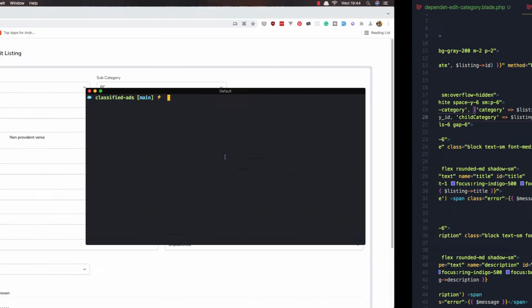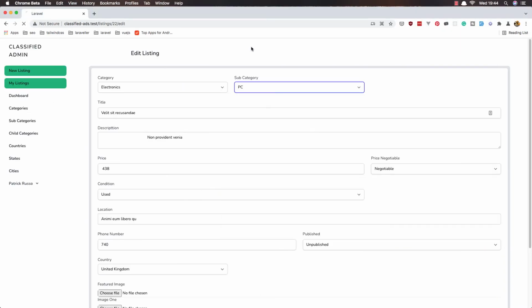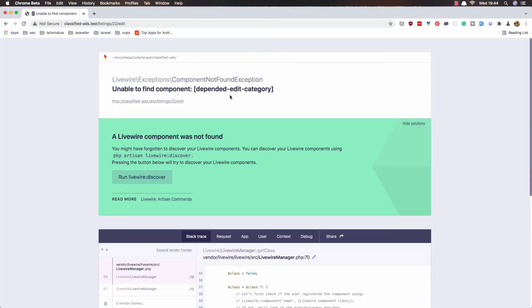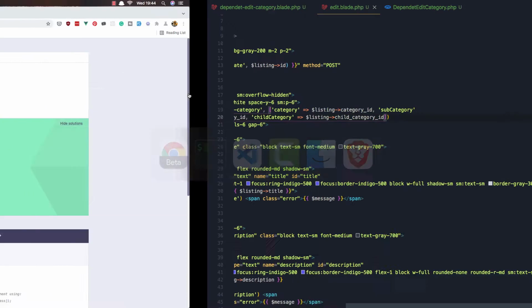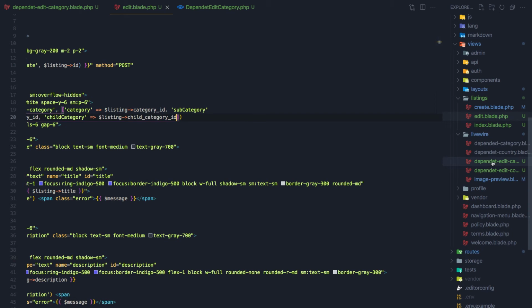Okay, save this, and now refresh, and dependent edit category unable to find component,